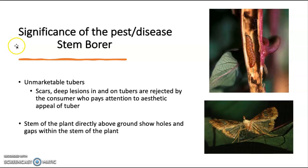With regards to the stem borer, the significance of the pest: it is known that unmarketable tubers could result due to the infestation of the stem borers. That means to say the tubers would have scars, deep lesions within the actual tuber as a result of the development of the larvae which enters the stem of the plant